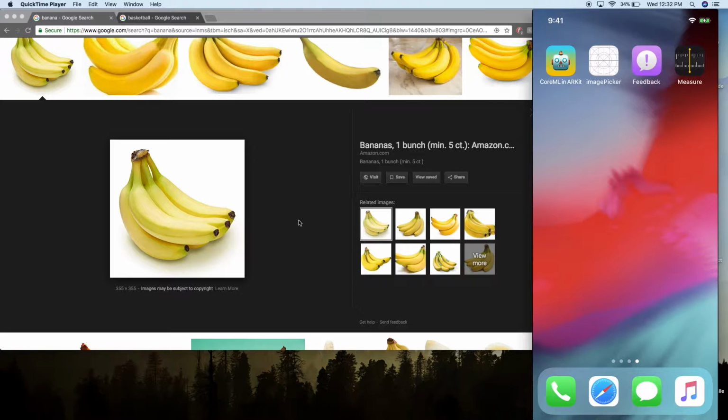Alright guys, welcome back. So today I think we have a really cool video. We're going to look at how we can detect certain images through the camera using the ARKit in iOS 11